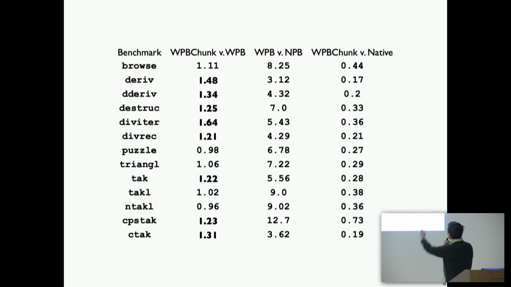So you see these massive speedups in the second column. And yes, this is the Wasm PB configuration versus the native PB configuration. That is the PB interpreter, Chez Scheme kernel compiled for Wasm versus native compilation. I ran into this result as I was doing testing, and it was quite frankly pretty bizarre to me. I don't know what the reason for it is. One possible reason is that my native compilation configuration for PB was really bad, and I messed something up or omitted some optimization flag that I should have.